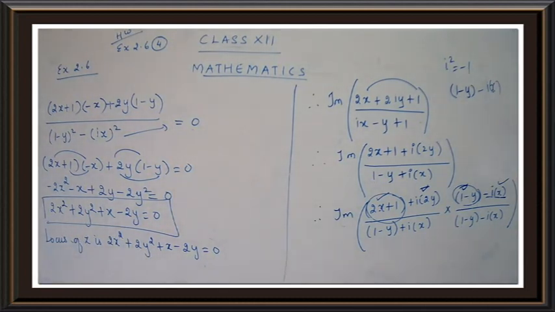Okay children. So what was the homework for you? The sum number 4, you have to refer to the solved example. Okay children, 2.19. If you refer to 2.19, you will get an idea how to complete your sum number 4. And we will be continuing with the remaining sums in the next class.